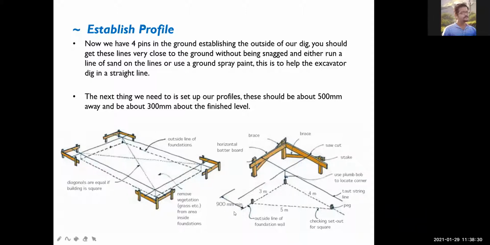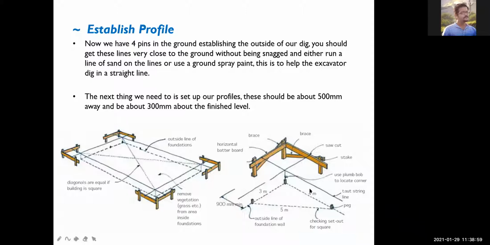Then the minimum distance is supposed to be 0.9. It could be more, but it should be at least 0.9. अगर आप पाइल फाउंडेशन कर रहे हो तो उसका जो स्लरी बाहर आएगा वही इतना रहेगा कि उसमें वो प्रोफाइल बोर्ड भी बाहर बह जाए. So it has to be appropriately decided what the distance should be for the profile corners, and then this is the first 90-degree identifier.